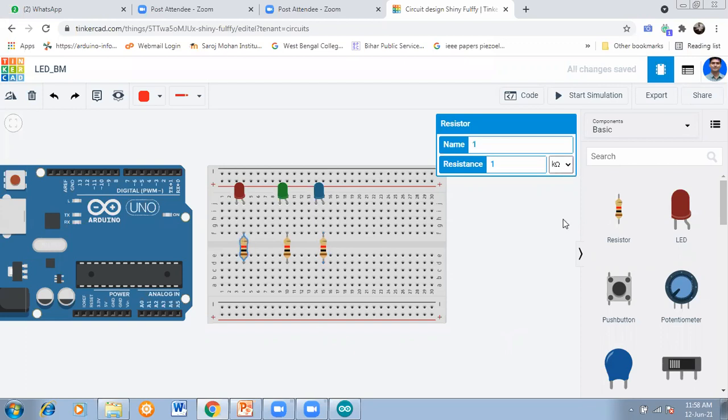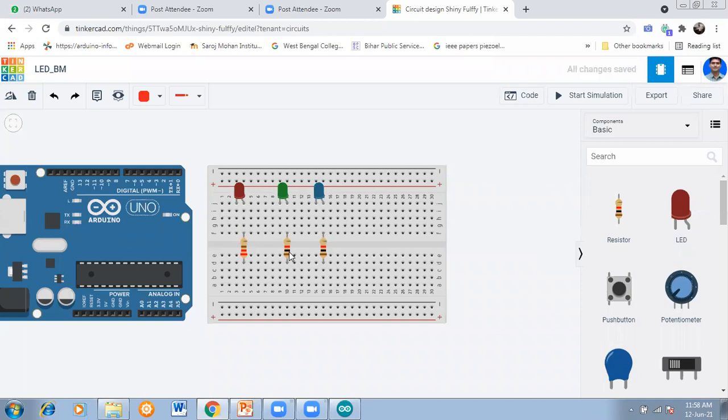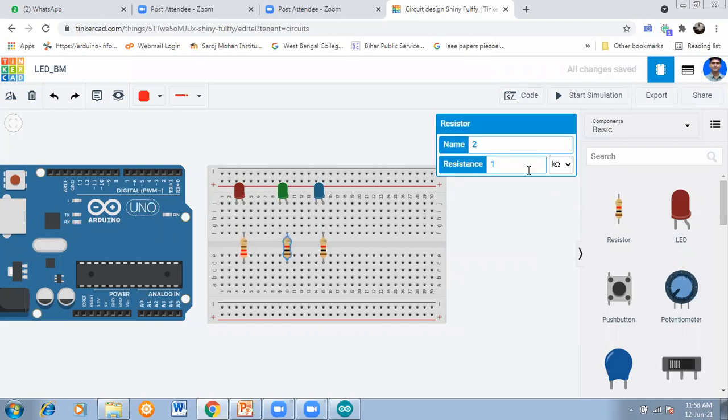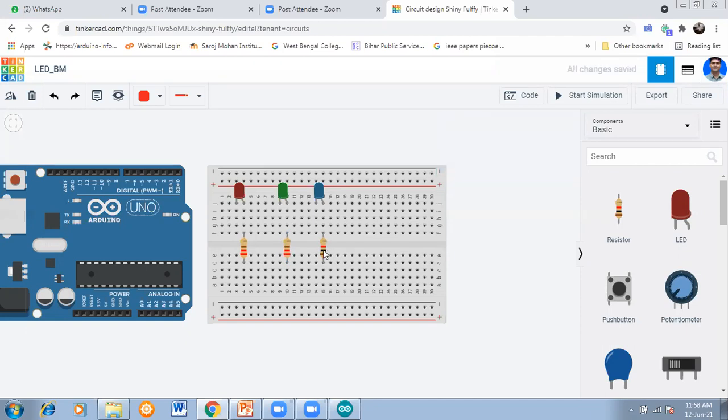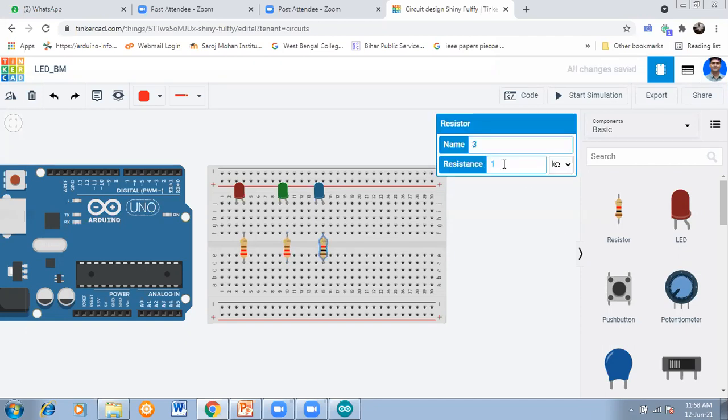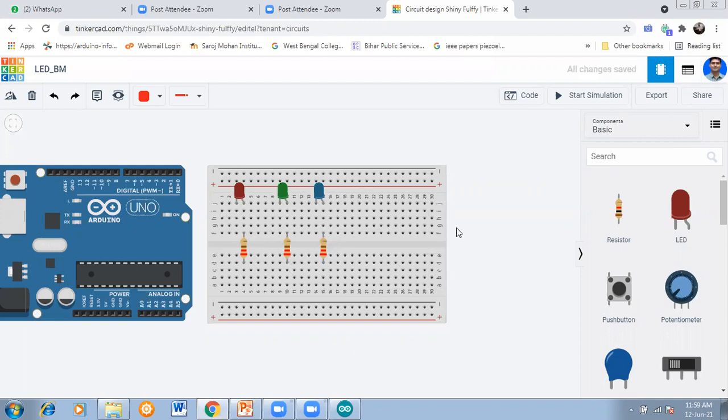It should be in ohms, and it should be 220 ohms. And as you know the color codes, if I change the value here, the color codes also change. Dekho, when we write 220, the color code will be something different. So you visualize the scenario.